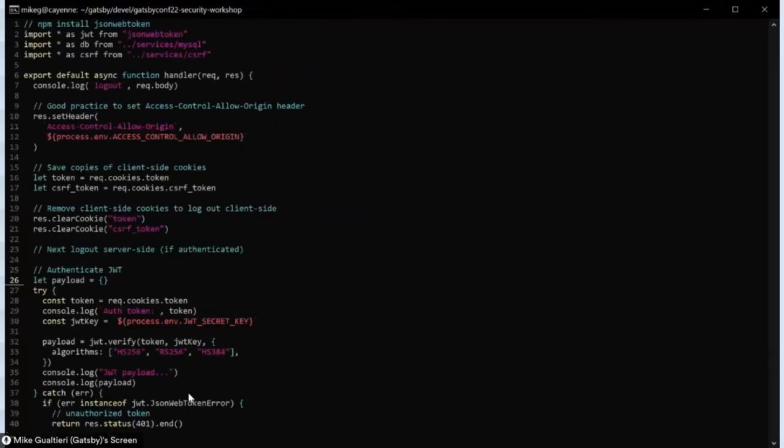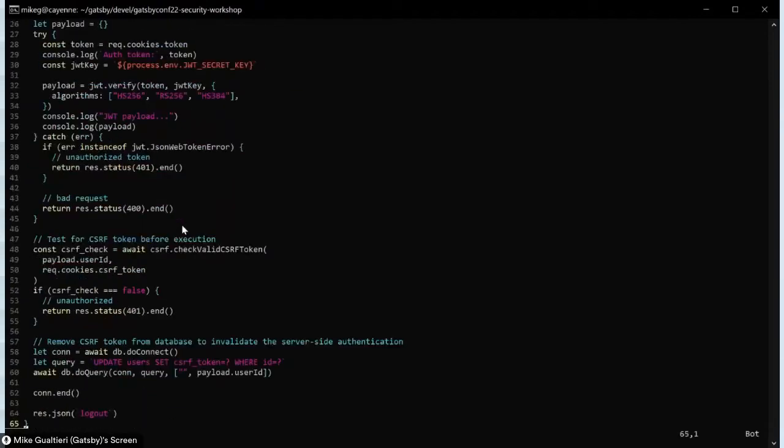All right. If we walk through this a bit, when we start to execute this function, the very first thing it's going to do is try to clear our cookies. And removing those cookies is going to sign the user out client side, all right? But the very important thing that it's going to do next is sign them out server side. So how do we go about doing that? Well, when we actually logged them in, we were setting this thing called a CSRF token. Now, this is used to prevent CSRF attacks, but we can also use this as part